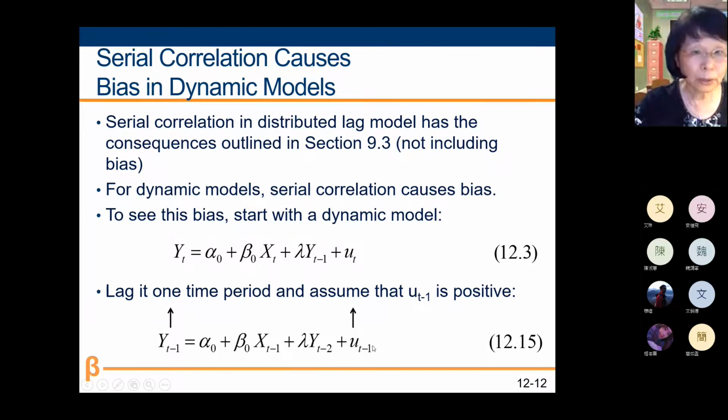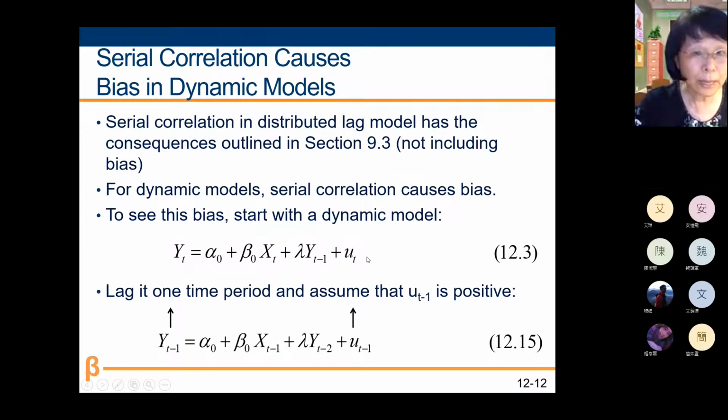In other words, u_{t-1} always has a relationship with y_{t-1}. Then remember this one, 12.3: this u_{t-1} is the omitted variable. And since this one is correlated with y_{t-1}, although we didn't see it from the expression,